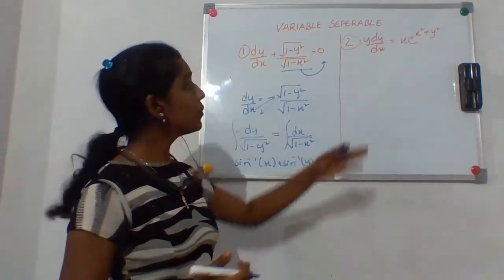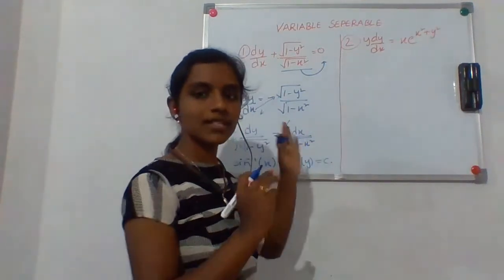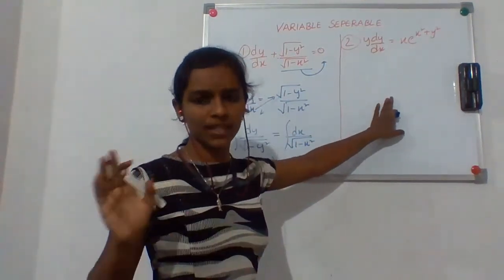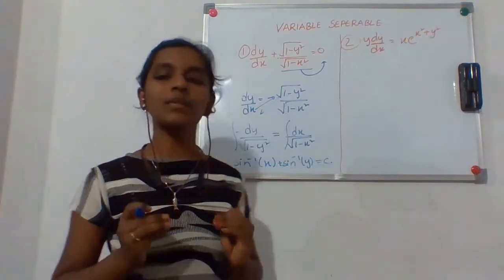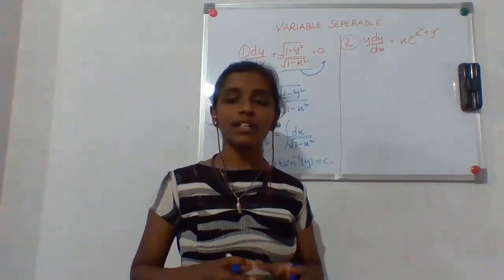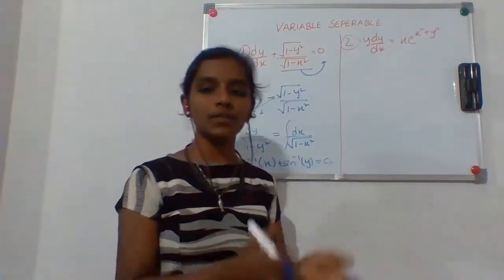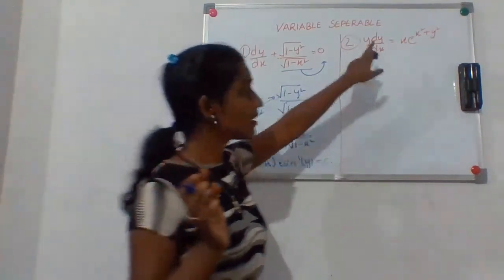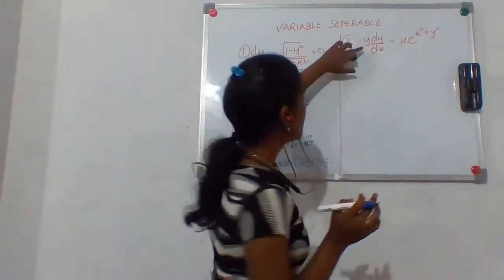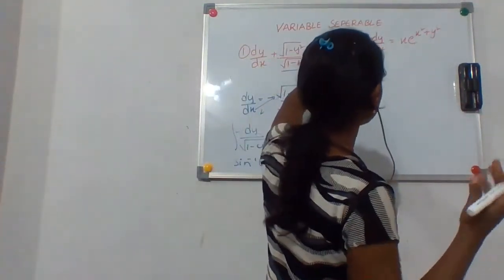Now we look into question number 2. That is slightly a more difficult problem than this, but it is easy. You can do the variable separable method very easily. It is the easiest method of all the methods, understand? Just take all the y terms on one side, x terms on one side. That's it. Now we'll do the same thing over here. So, to do that, what do I do?